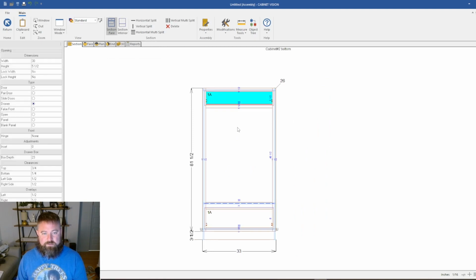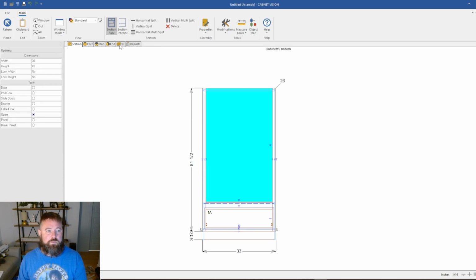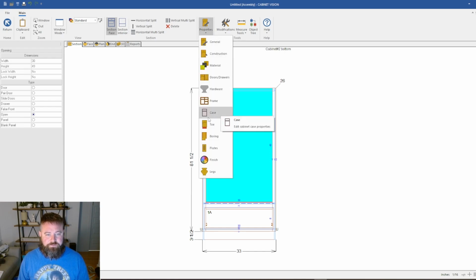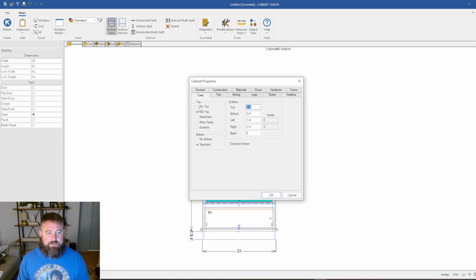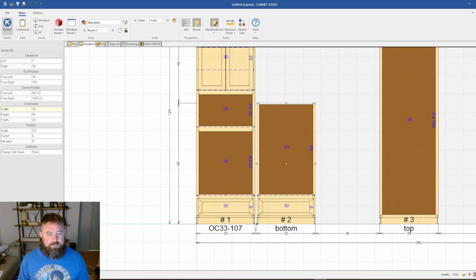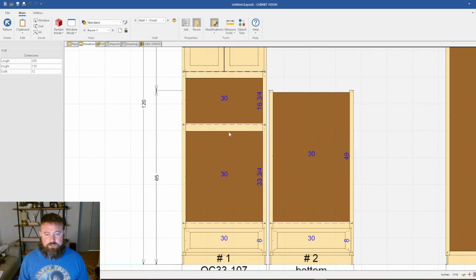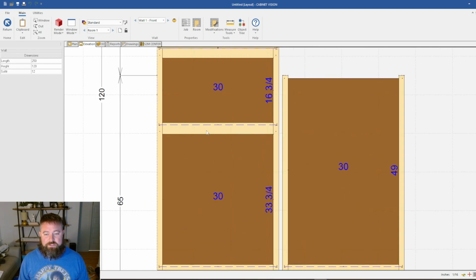Alright, I don't know why that's up here, so we're going to delete all this. I'm going to delete that front face frame, but we still have a floor, or top, to get rid of. So if I go to properties, under my case properties, I'm going to come up here under case and click no top, and that basically just opens up the top. Alright, so now we have to add this 3-inch, this is 3 inches even though it's not marked, so this 3-inch